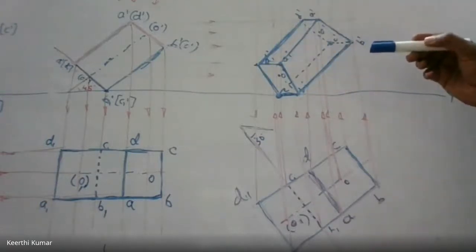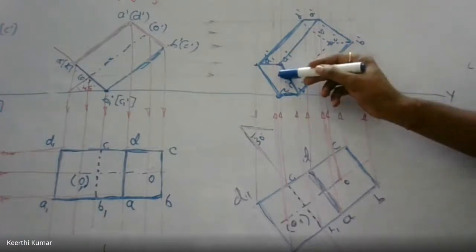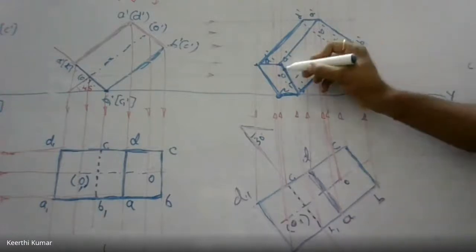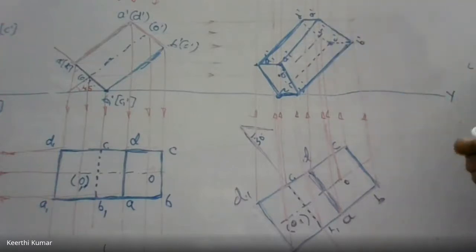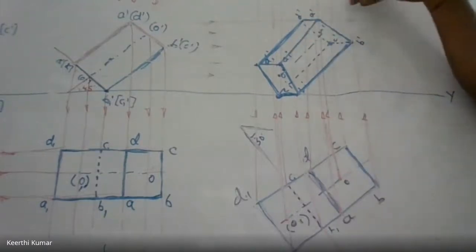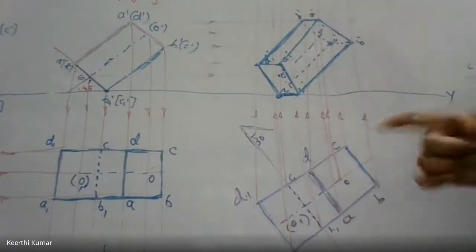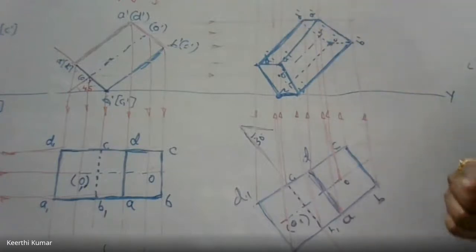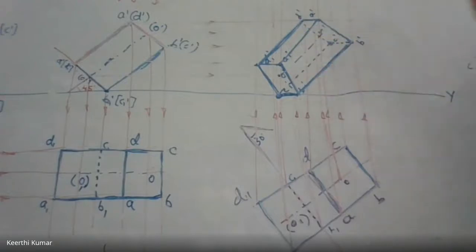At last, you go for the axis. Any axis should be in locus line only. Try to draw with locus. No need to check the visibility for the axis. O to O1 should be in locus line. See, finally, this should look like a hollow box. If I see from the top, it should look like a hollow square box. In your book, if you draw to the actual scale, then definitely it looks like a hollow square box. If that is looking like a hollow square box, then the solution is correct.